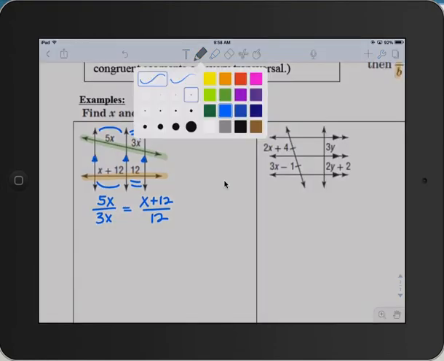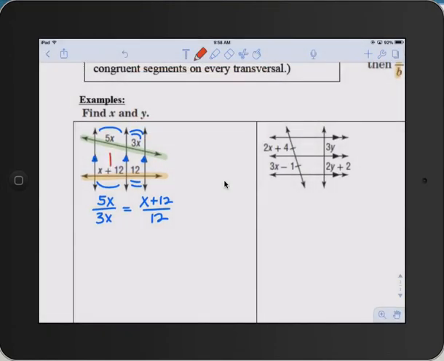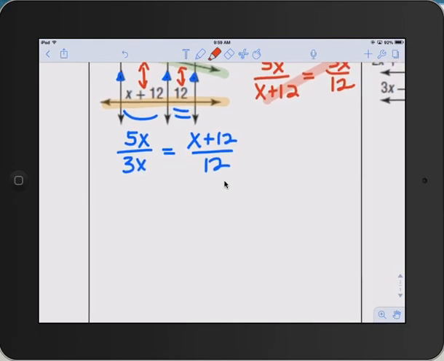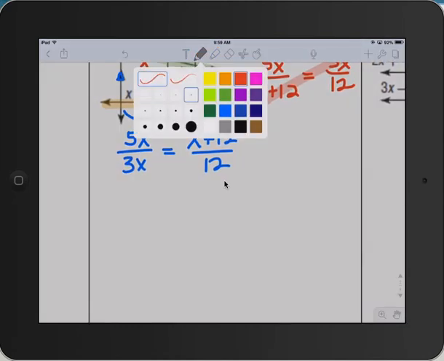Another way you could set that up would be to go back and forth. You can compare those two to each other: 5x is to x plus 12 as 3x is to 12. Now you might notice that over here we could cancel the 3 and the 12 in the red one, but when you cross multiply here, you're going to get a quadratic because you're going to get 3x times x plus 12. Not that quadratics are terrible, but most of you would probably prefer to avoid them if you have the option. So in this setup, this is kind of nicer